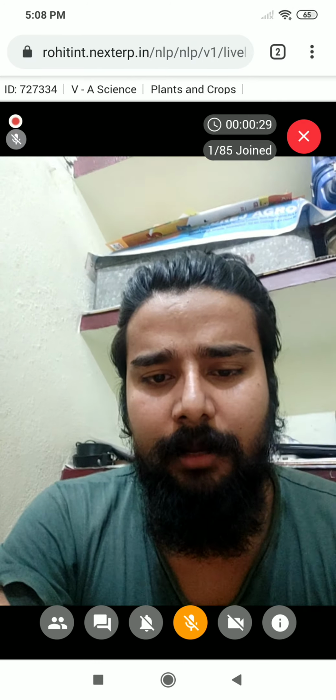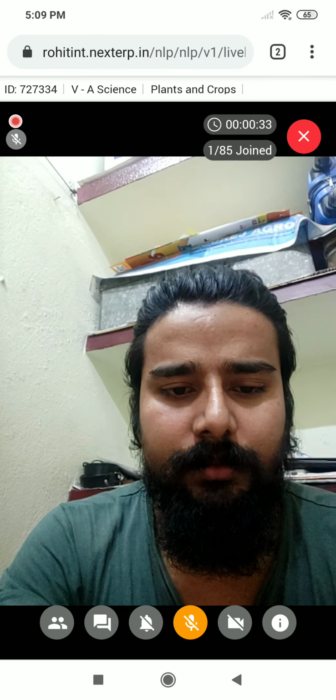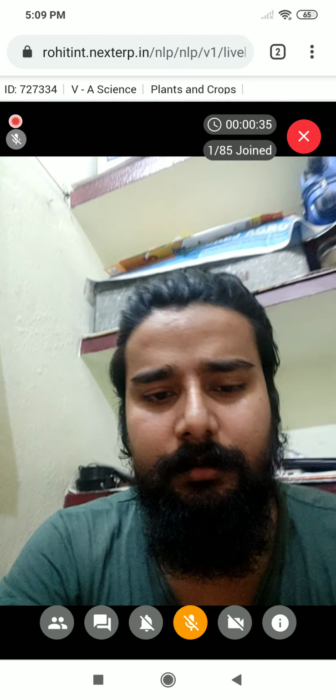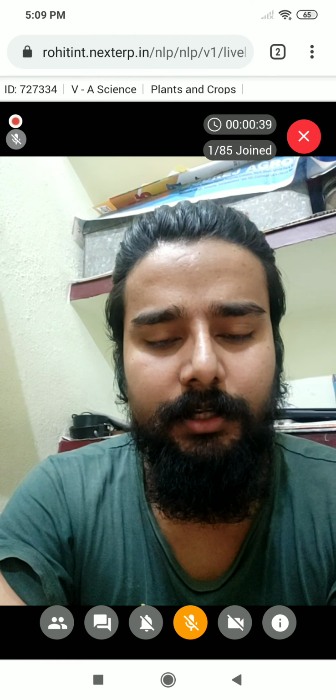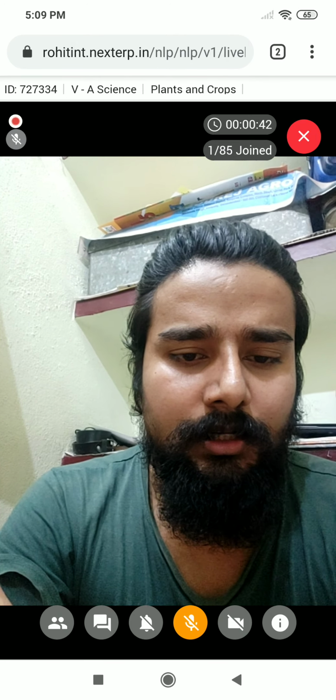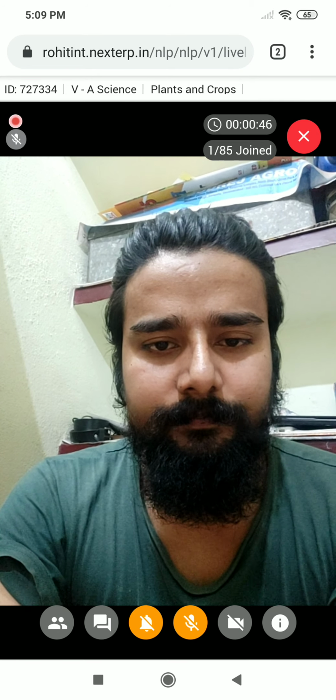Now here we have, you already know about this, enable or disable video. You all know those things. Now these are the chat box. You already know it. These are the two things that we updated in the mobile version. We have lots more changes, but only for the desktop. Right here, once you click on this bell icon, it means all the notifications will be disabled.